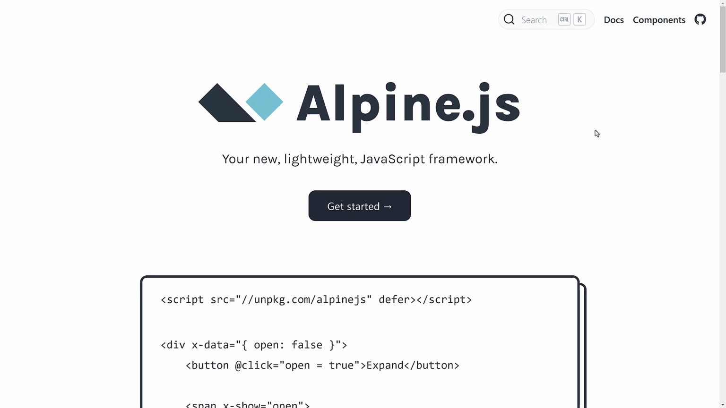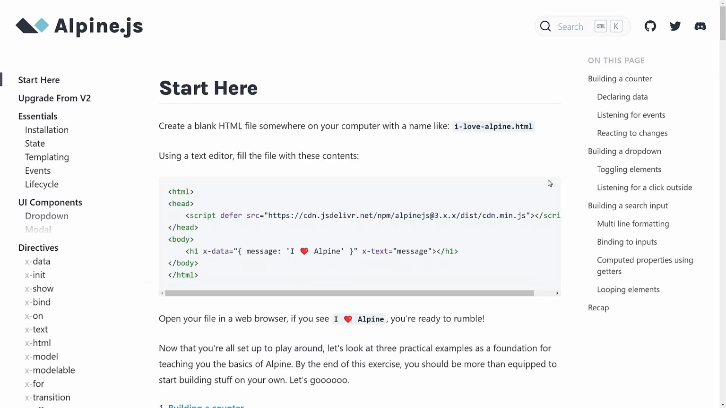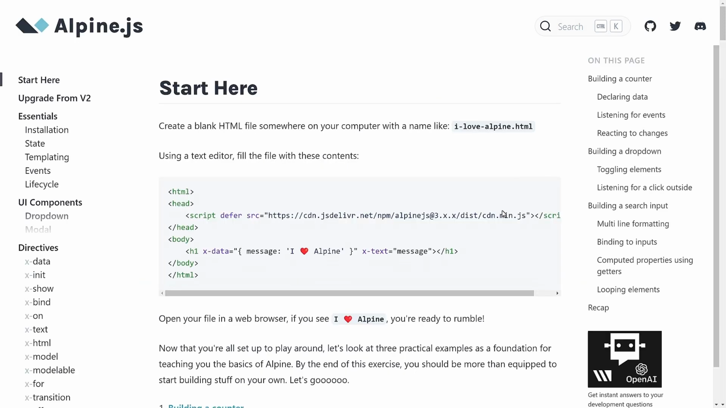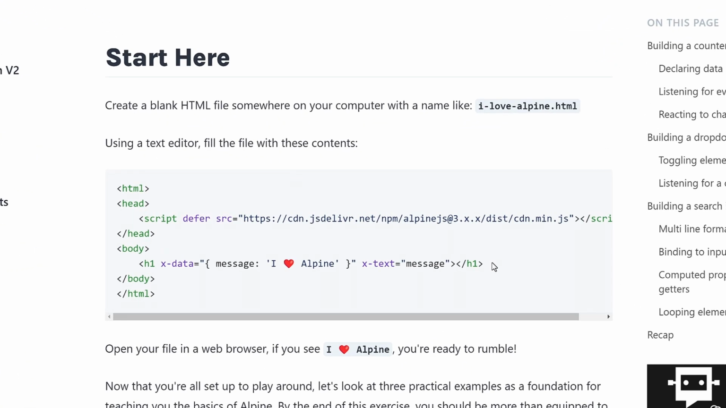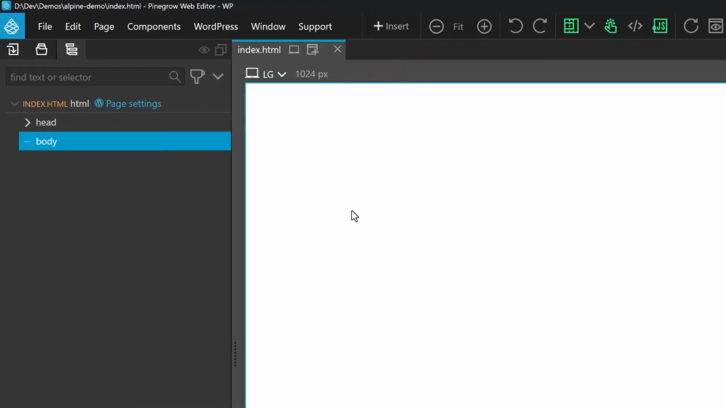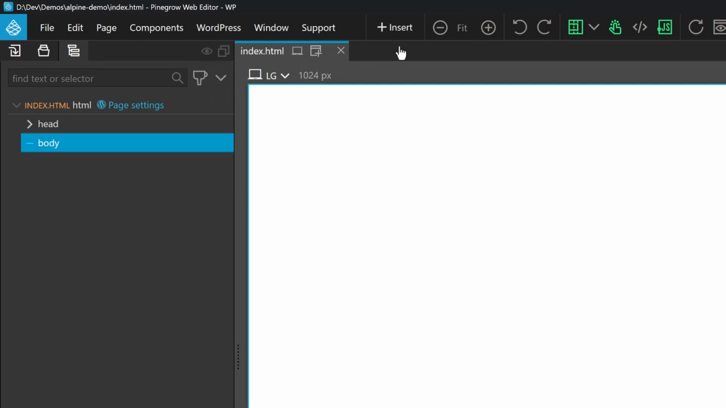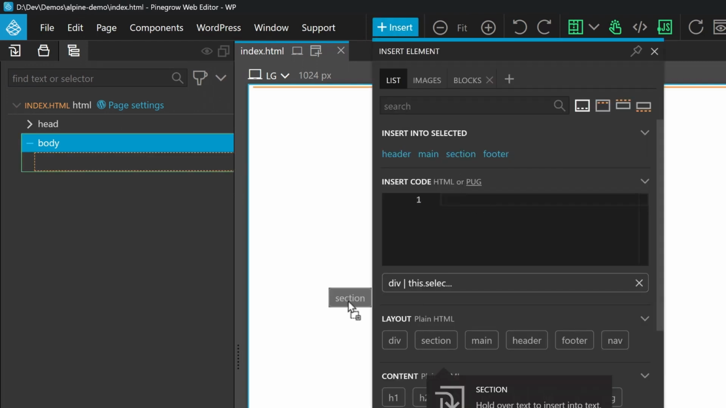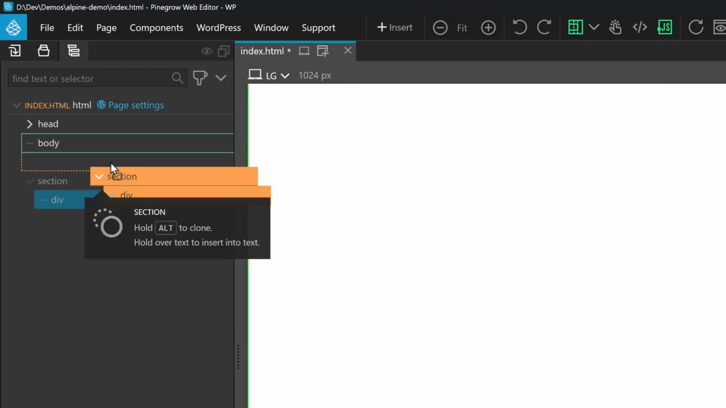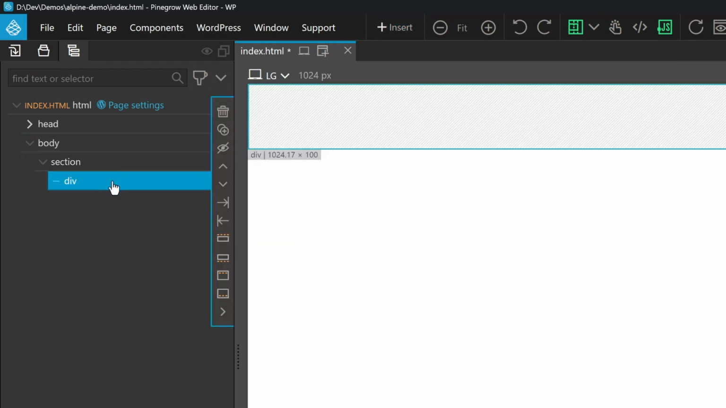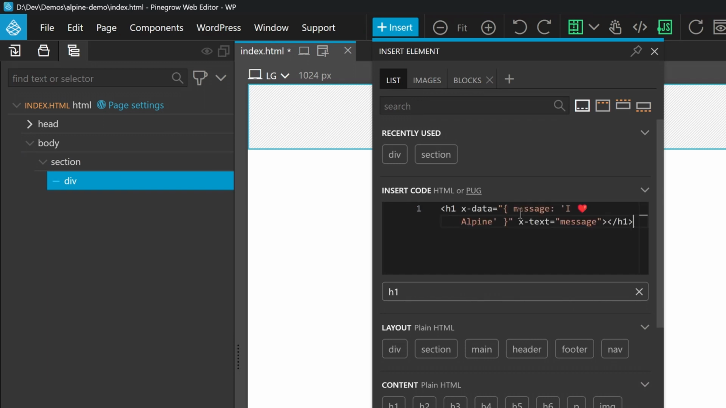So if we come over to the Alpine.js website and click the big Getting Started button, it's got some sample code that we can start using right away. I'm going to go a little bit out of order just so that you can see how things work. So I'm going to take this H1 here, copy it, and over in Pinegrow, I want to drop this in here. So first I'm going to add a section and then a div. We'll move that inside the body. And then inside this div, I'm just going to paste that code in,